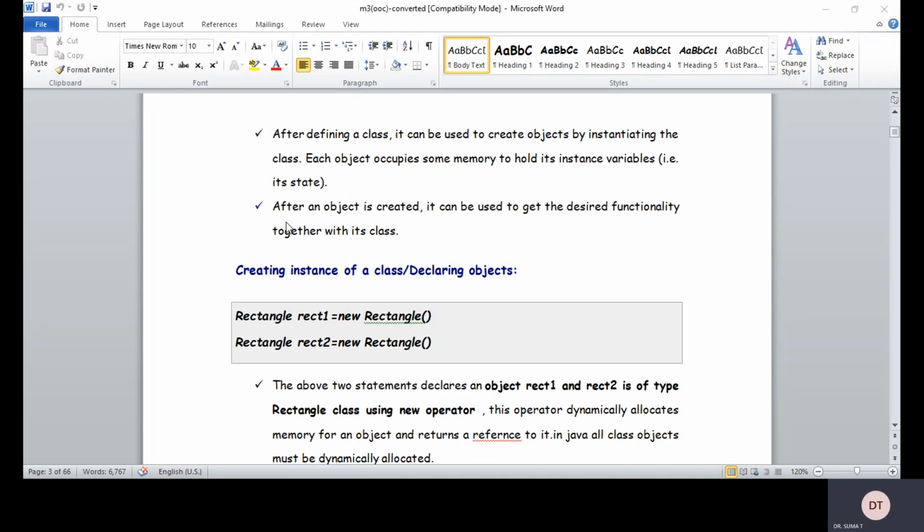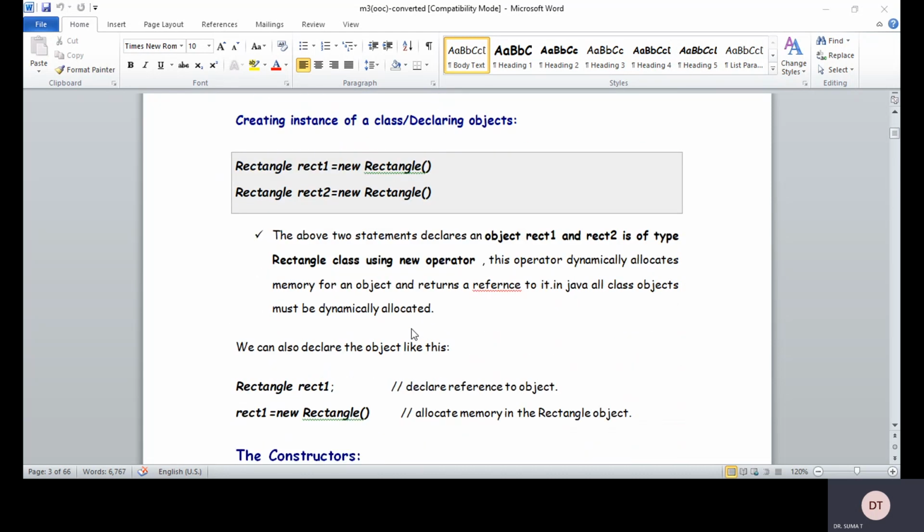So here Rectangle rect1 = new Rectangle(); then Rectangle rect2 = new Rectangle();